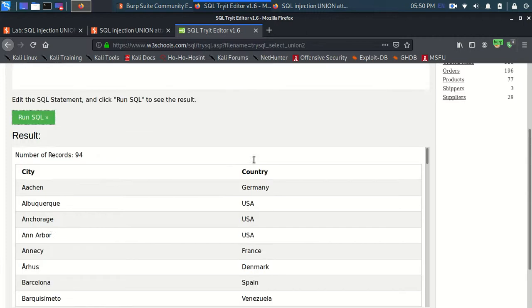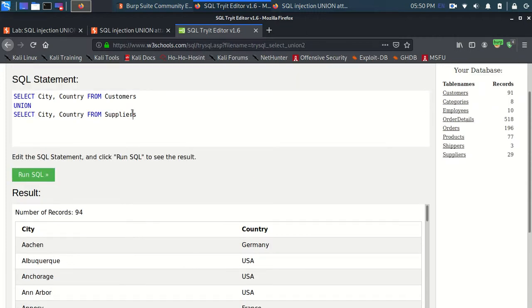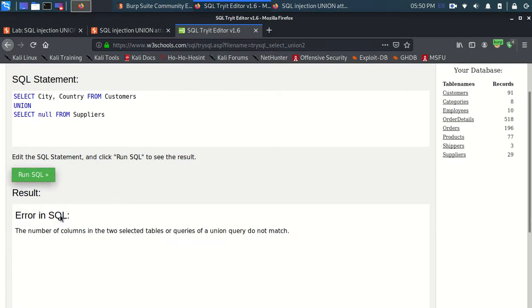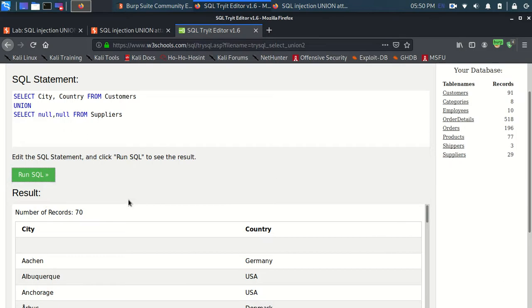Now, how to determine the number of columns: for example, when I do select null and I run this, I get an error. When I select null comma null and run this, I see the results. I see a row which was null, and the rest of them are giving the results.